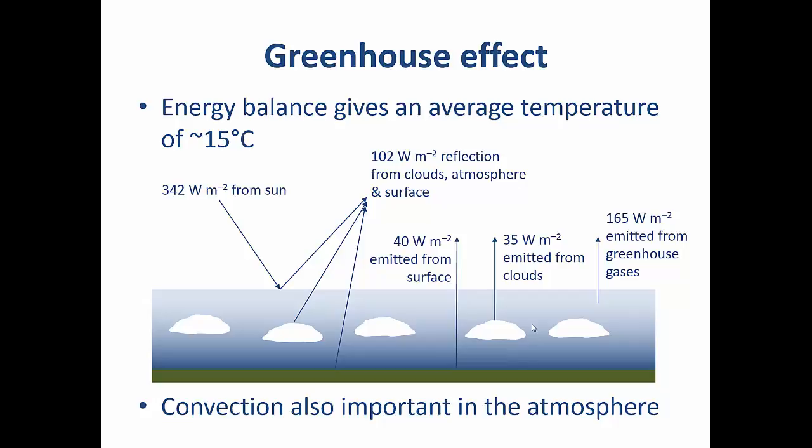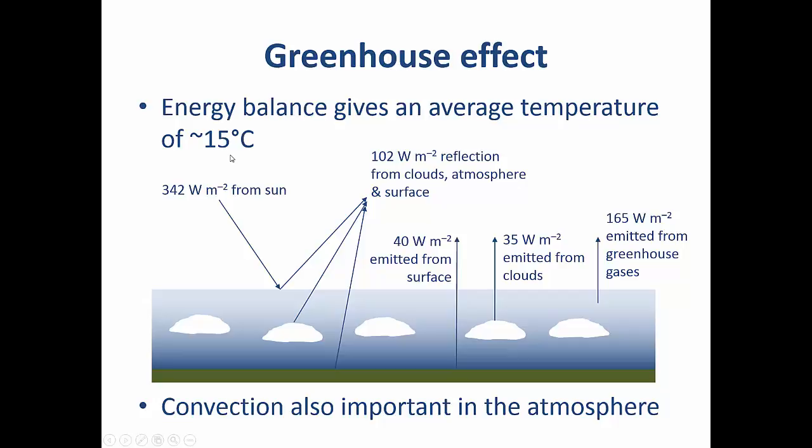And the overall energy balance, taking into account all these effects, turns out to give us an average global temperature of about 15 degrees centigrade. The actual balance, of course, has to take into account both the incoming radiation from the Sun, reflection from the clouds, atmosphere and the surface, the emission from the surface, the emission from the clouds, and the emission from the greenhouse gases. And also, in terms of the overall energy balance in the atmosphere, convection is important in transferring heat around the globe. But when you go through those calculations in detail, you get a global average temperature of about